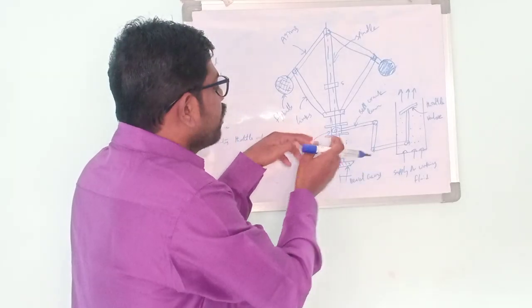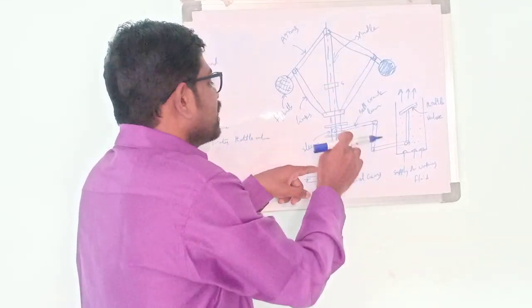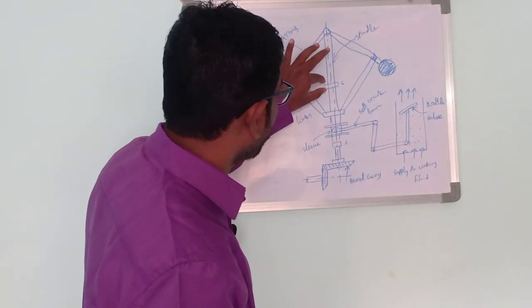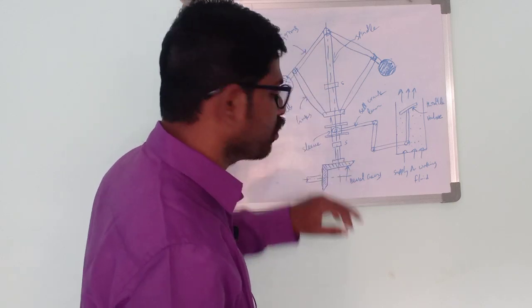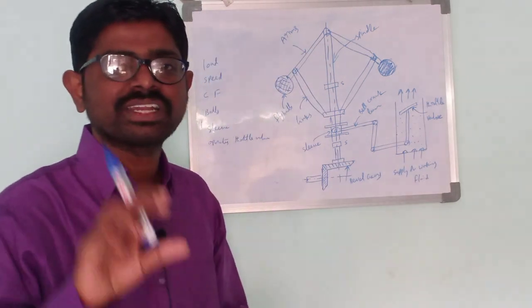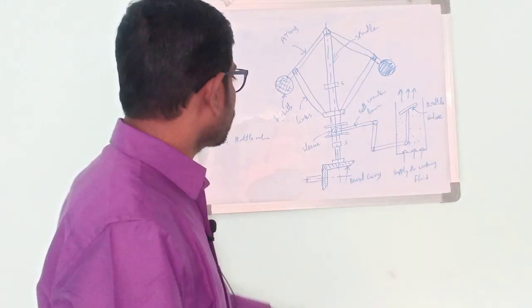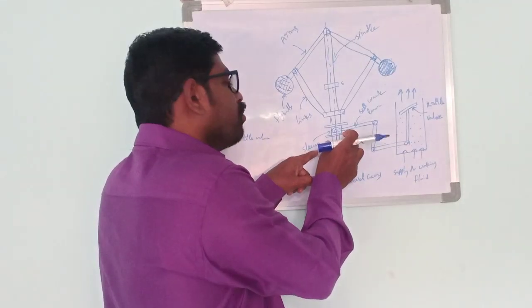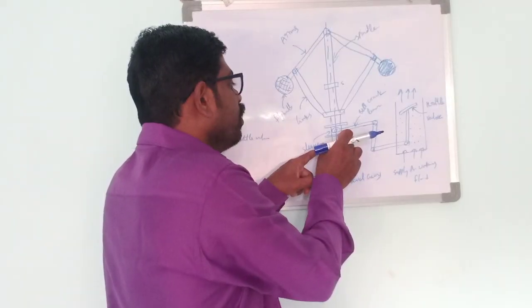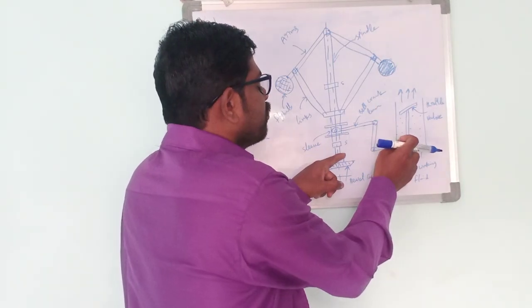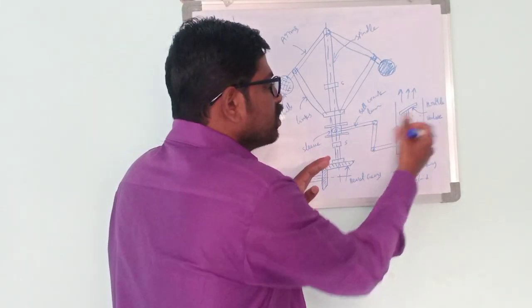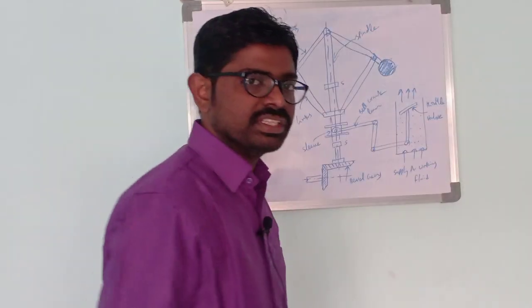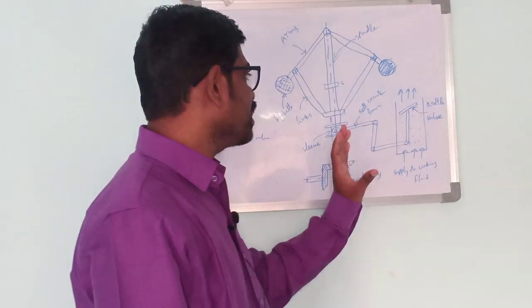To limit the travel of the sleeve, two stops S and S are provided. It means these are the boundaries. The sleeve can move upward up to this point, and it can move downward up to this point only. And based on the movement of the sleeve, whether it moves upward or downward, via the bell crank lever it will operate the throttle valve. It means it is closing or opening this to control the supply of the working fluid. This is the construction of the governor.